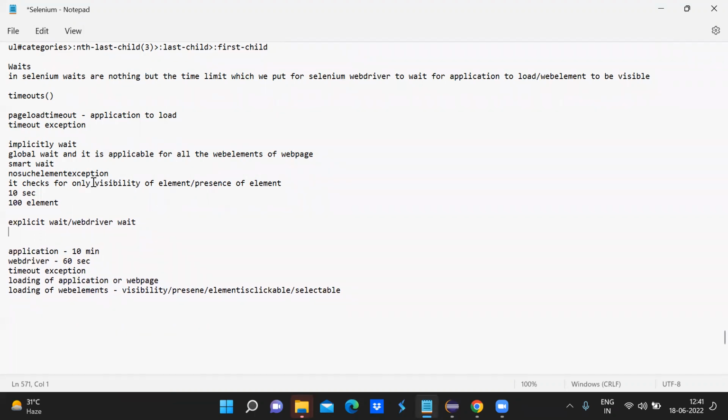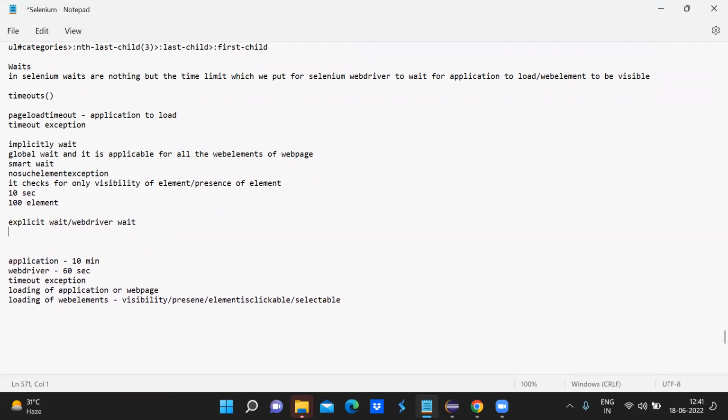Now next is your WebDriver wait, right? So we have discussed page load timeout and then implicit wait. Next is your WebDriver wait. WebDriver wait is actually different from implicit wait, wherein this is not a global wait. This is applicable for individual elements, right? So wherever you want some element to wait for some time for some specific condition, that time you should use WebDriver wait,